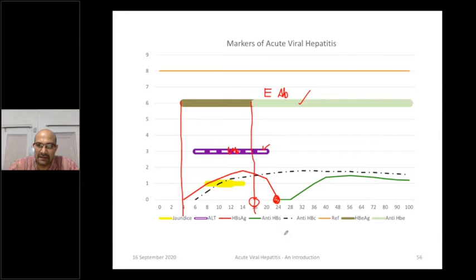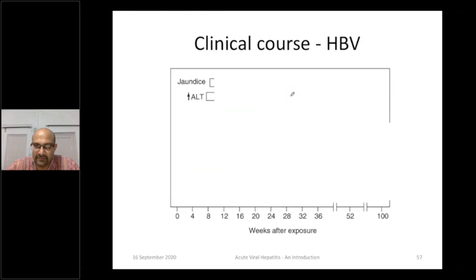However, if at this time we look at the patient, we may not find the hepatitis B surface antigen, because it has gone. Antibodies against hepatitis B surface antigen, HBs antibodies, have not come yet. The only thing that we find is the anti-HBe antibodies, which are of IgG type, and we may find anti-HBe antibodies also at this point of time.